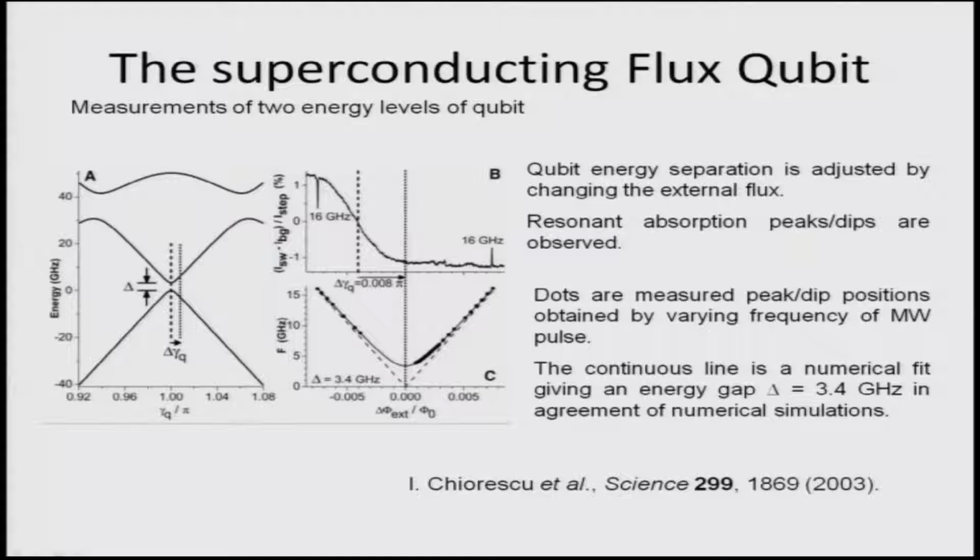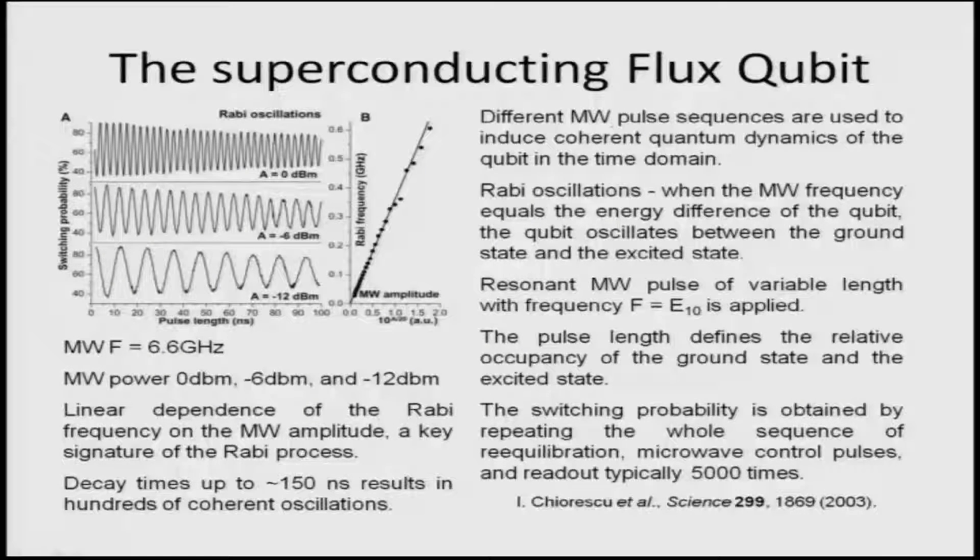The resonant absorption peaks and dips are observed. The dots are the measured peak and dip positions obtained by varying the frequency of the microwave pulse. The continuous line is a numerical fit giving an energy gap of about 3.4 gigahertz, in agreement with numerical simulations. Once again, this has been discussed in detail in the article. We are just showing certain results to understand that there are different ways of using the superconducting conditions for creating the qubits. When the microwave frequency is about 6.6 gigahertz,